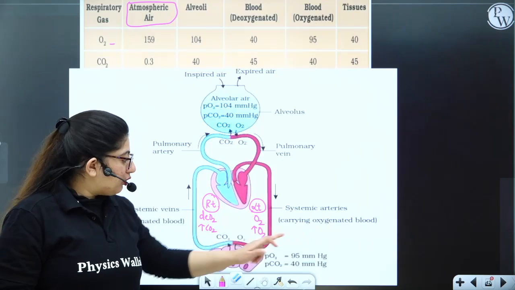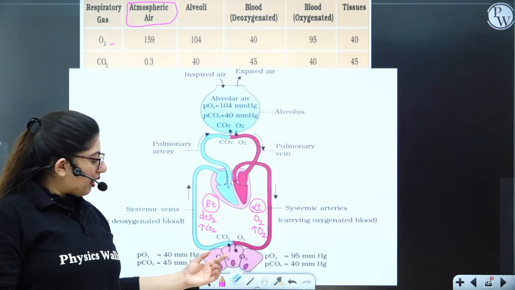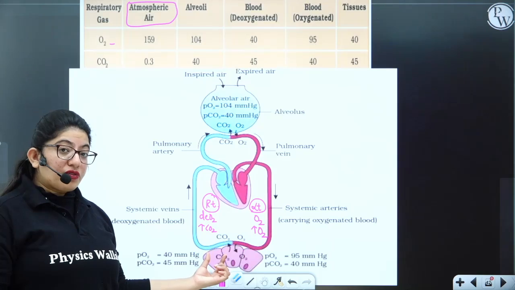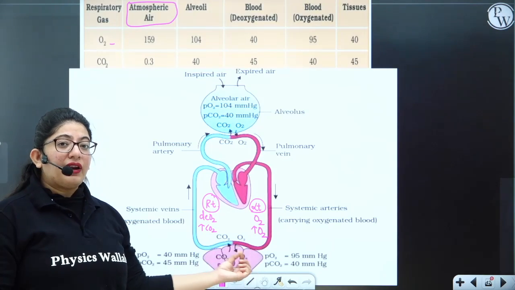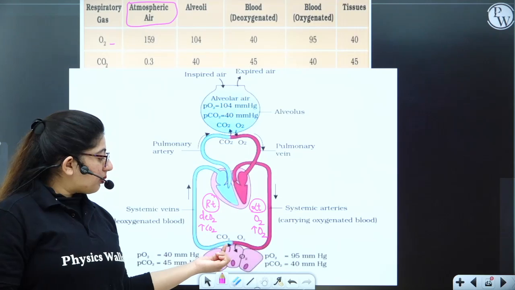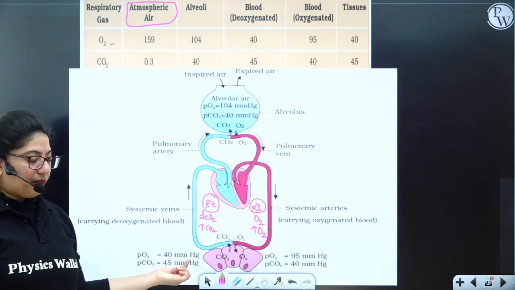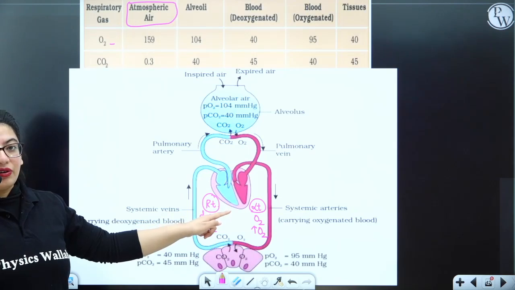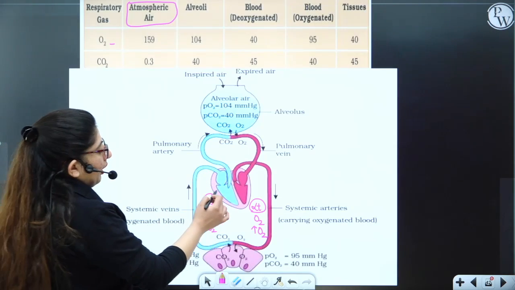Tissues will use the oxygen, they will respire and give back the CO2. Now this blood will carry a lot of CO2. It has given the oxygen. It will lack oxygen, but it will be having a lot of CO2. Now this will become deoxygenated. Now this deoxygenated blood will enter into your right side of the heart, and then it will enter into your